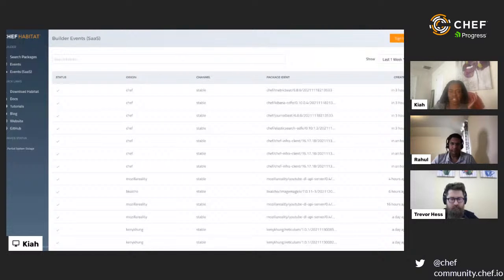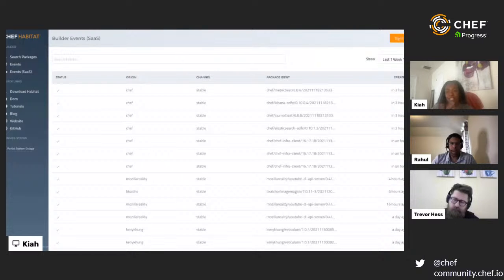How does permissioning work? And like if you're using private packages, in the case of private packages. Yeah, so when we have private packages, and then basically when we have the concept of origins, right? So if I, as a user, I'm logged in, I should only be able to see the packages for the origins which I'm authorized to see, right? So it is going to honor the permissions. Okay. That makes sense.